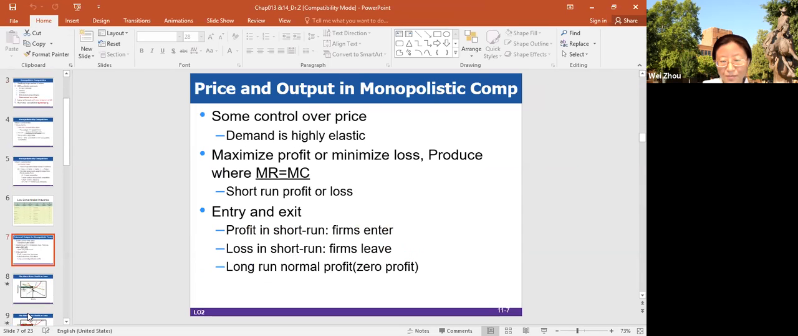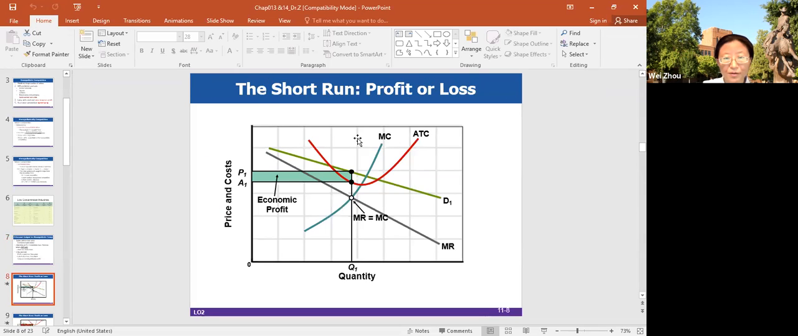So let's take a look. Remember, for pure monopoly, you have control over the price. If you can control the price, your demand will not be a straight line, because the straight horizontal line is the price pre-decided by market demand and market supply from the pure competition market. Now you are facing a downward sloping curve. So in that case, for monopolistic competition,